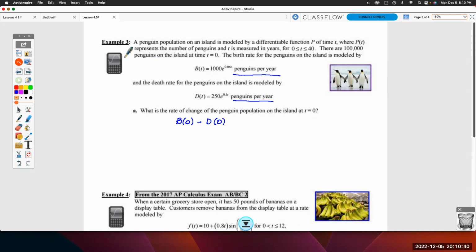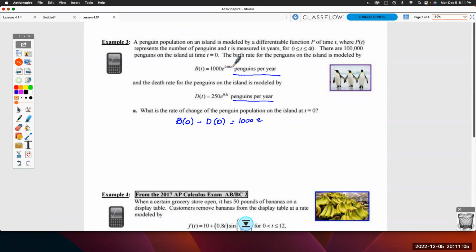Now, it says here you can use a calculator, but this is true for the other problems in example 3. But for this particular problem in A, since your t is equal to 0, what happens to your B of t? B of t is 1,000